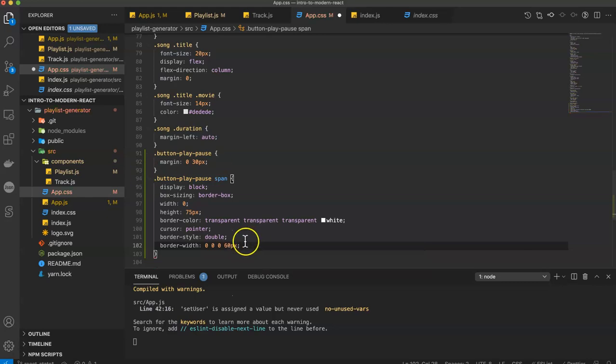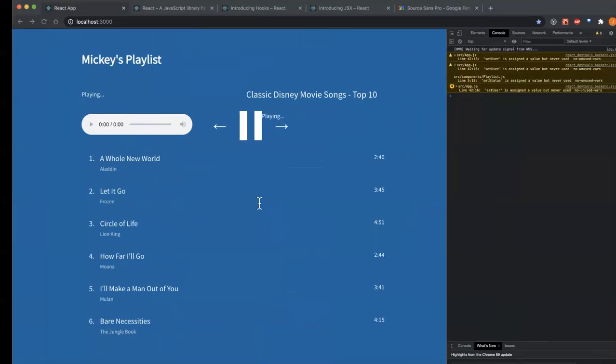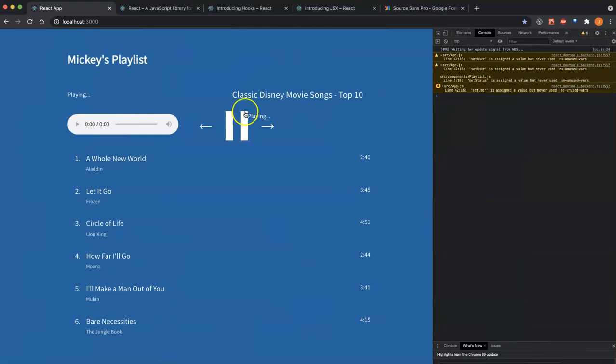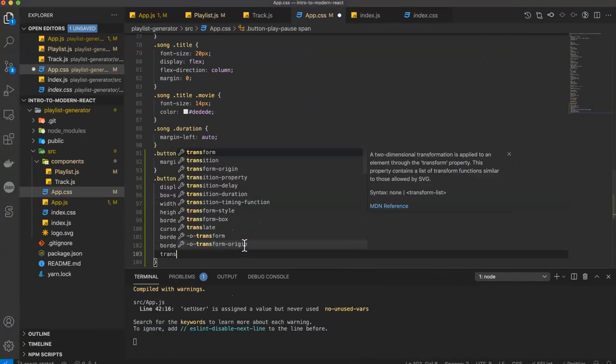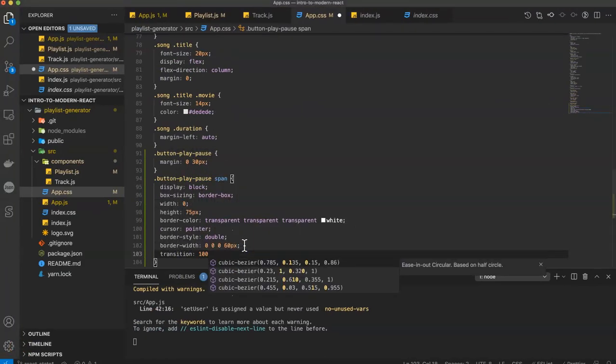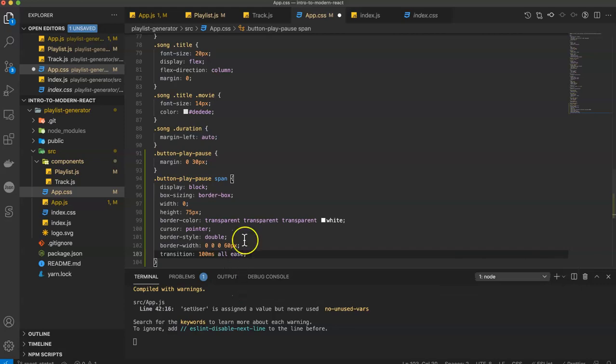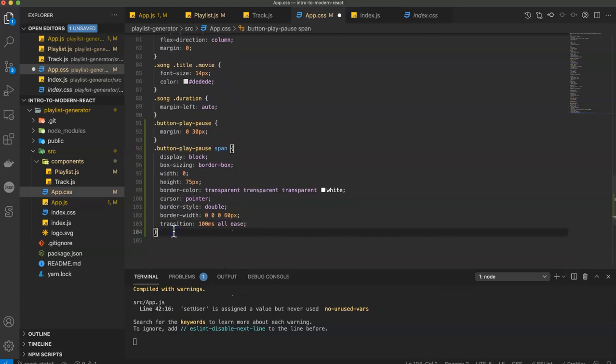Now, the magic is in these 3 lines here, except for the cursor. This is where most of the magic is happening, but when I save this, check it out. We now have these 2 double lines here. Pretty cool, right? And so this looks like a pause button. However, when I click this, I want it to change to something else. So let's give it a transition of 100 milliseconds, and we'll ease it. And then we'll also say, hey,